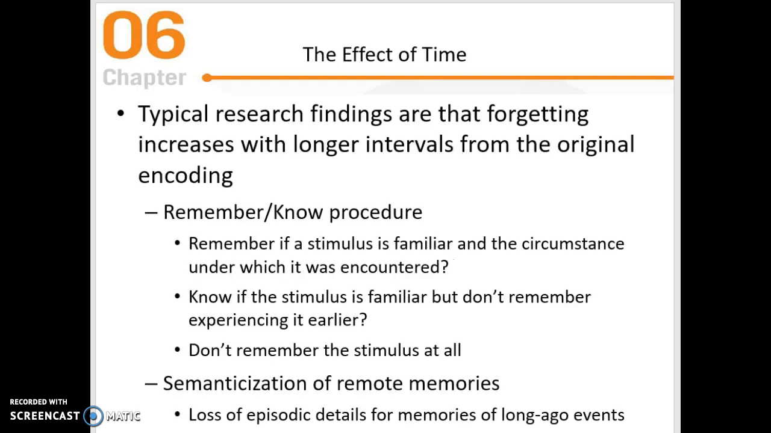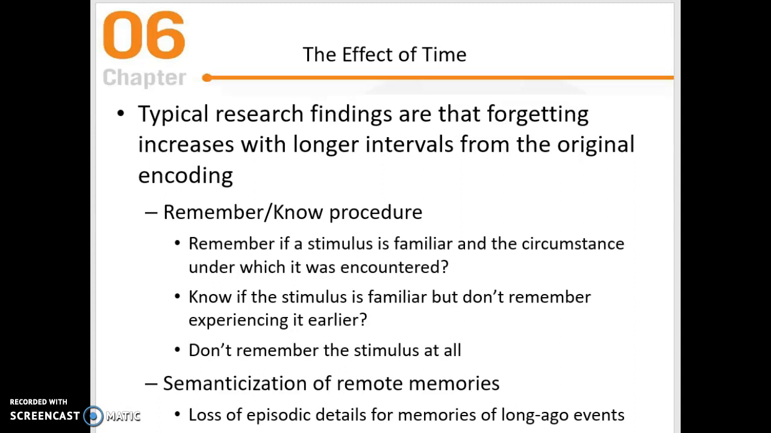So, researchers wanted to look at the effect of time on memory, and one way to study this is with the remember, know procedure. We do know that memories for recent time tend to be more accurate and we have more information about them. The remember, know procedure asks whether a stimulus is familiar and if the circumstance under which it happened is remembered. So it could be that a stimulus is familiar to you, but you cannot recall the exact